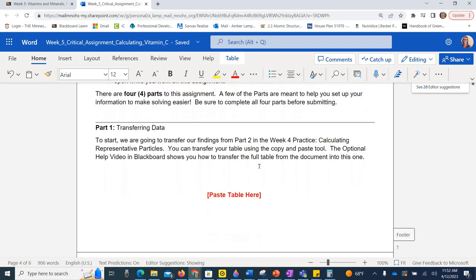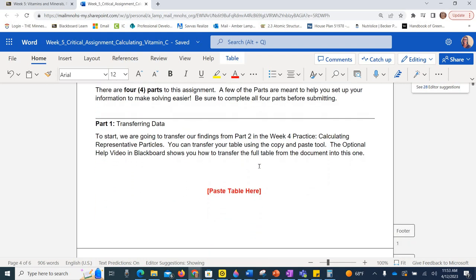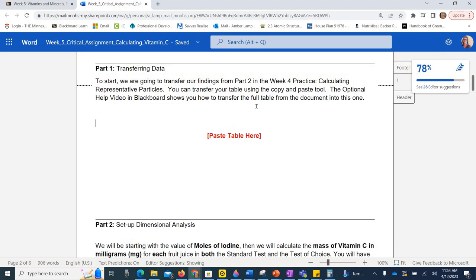As you go through the assignment, there are 4 parts to the assignment. Don't freak out. I promise you they don't take as long as you think they would. It's just broken down so you know what steps you have to do. So make sure you go through all the steps because it's what's going to help you set up to be successful. So now when you get to part 1, it does want you to paste your table from your week